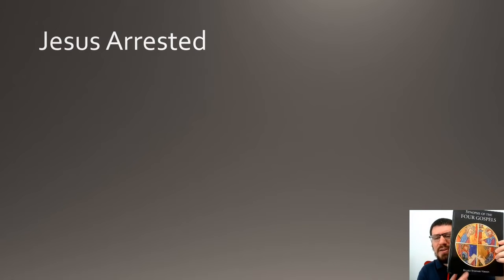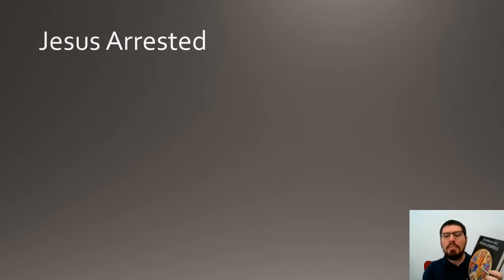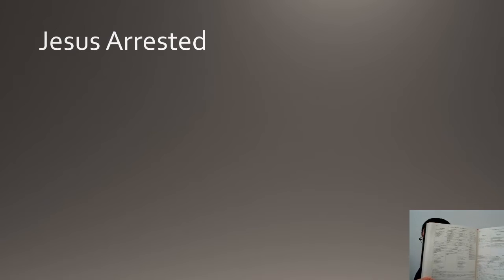Now, I don't typically use this translation right here. It's the Revised Standard Version, but I absolutely love the format that's given in this book. I don't know how well you can see it on this screen, but I just randomly turned to one place, and you can see that it's got the four different gospel accounts. And while it's not the easiest to read if you're just reading the whole thing,